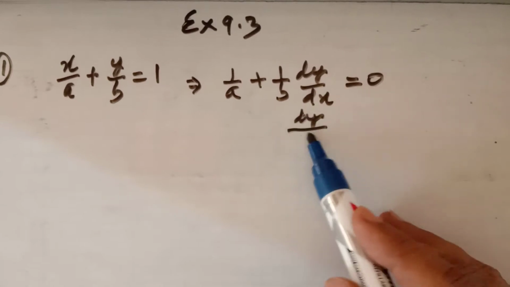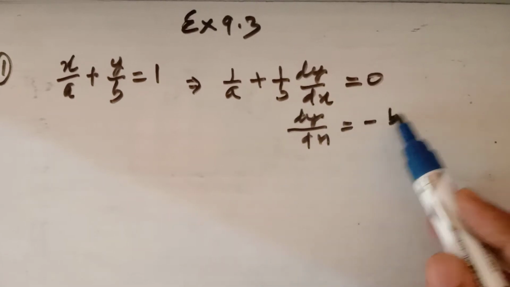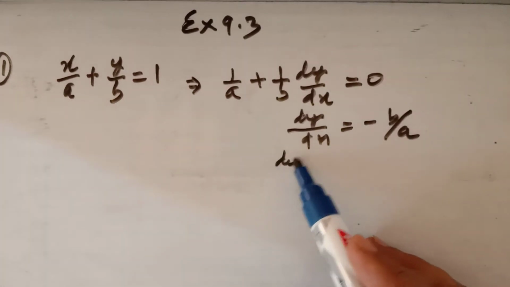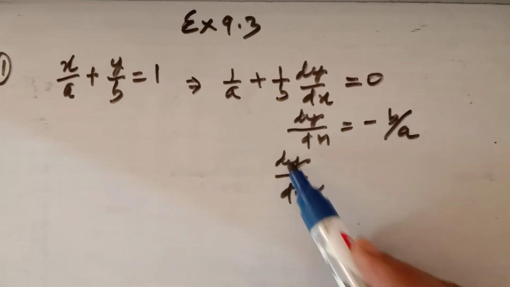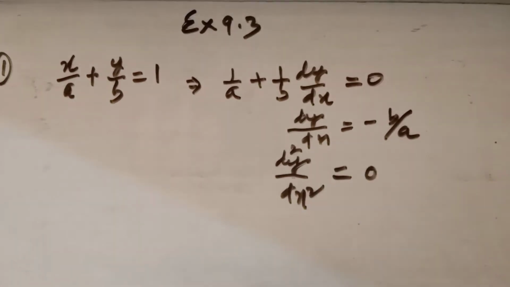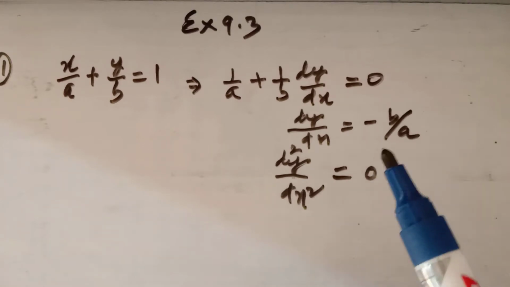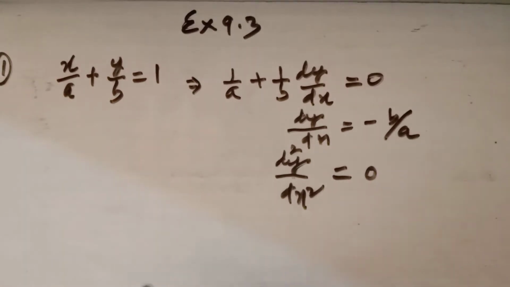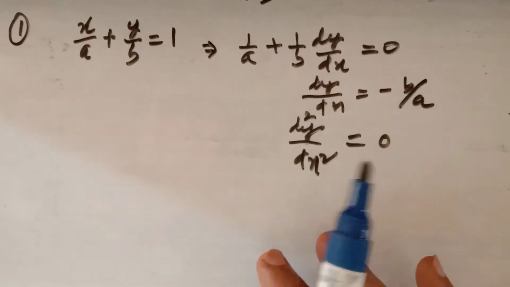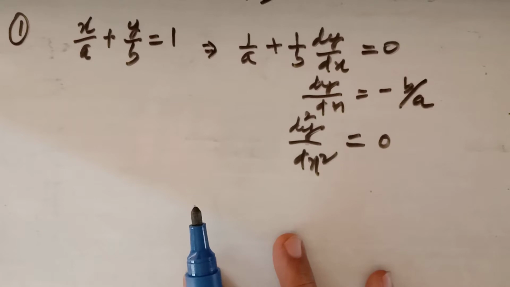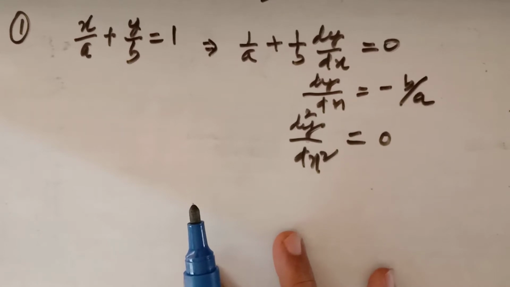So try to get this as minus b upon a. Now if you differentiate it again, the right hand side is constant, it will be 0. So simply by differentiating two times, a and b both are eliminated. There is no fixed method for how we eliminate the arbitrary constant, but one should take care of that. If only one arbitrary constant is there, then you have to differentiate it only one time to eliminate it, and when we have two arbitrary constants as we have in this, then both the arbitrary constants are to be eliminated by differentiating it two times.